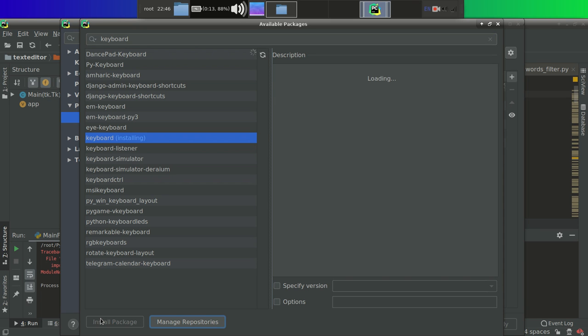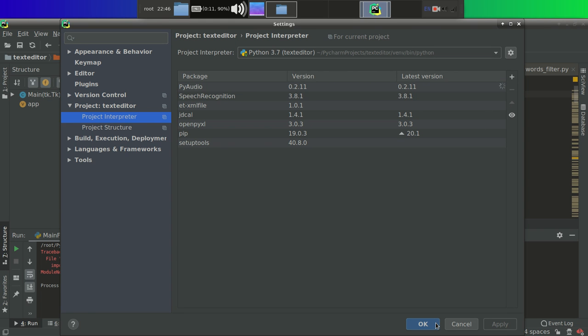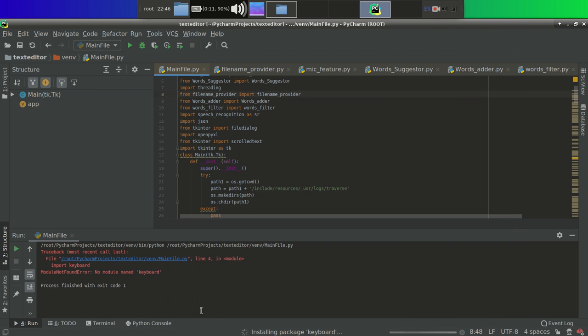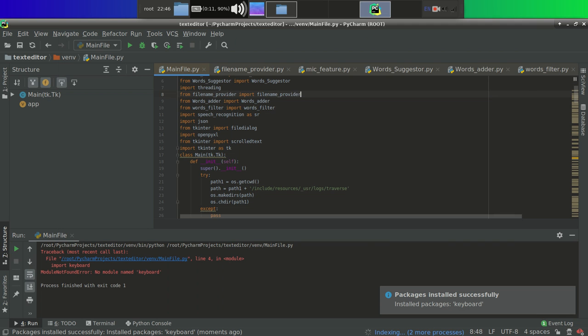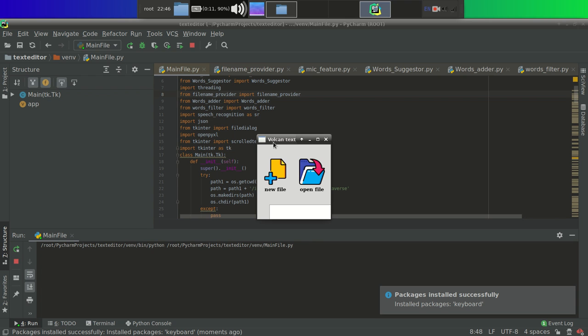Actually this is a very small package, so it will not take that amount of time, but as I told you my internet connection is slow currently, so don't wait for it, it will be installed for us. Cancel it and then click on OK. Again, yeah, now it is installed, package keyboard. Let's run it.